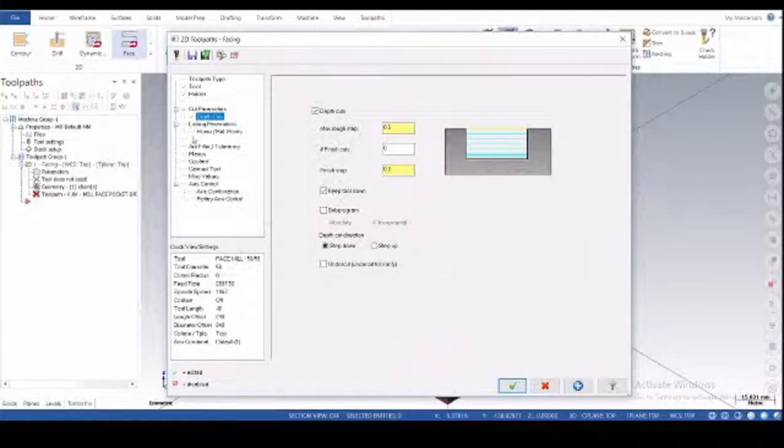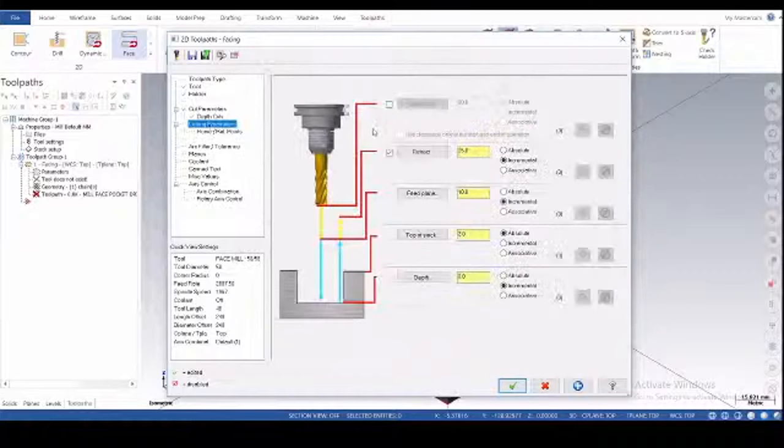Okay, and coming to the next in linking parameters, this is the most important parameter. In the linking parameters you have to select clearance, you can give the value of clearance, and all you have to set is absolute. Fit plane is okay with incremental, and depth also in absolute. As you know, it automatically selects the top of stock.